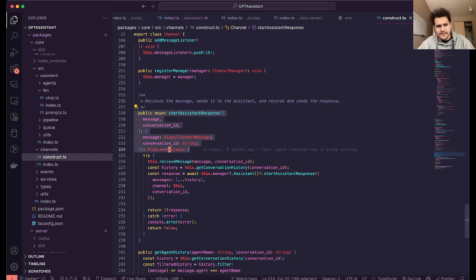So the start assistant response, and this might also be a reason why having the channel be an abstract class for other classes to implement might not work as well, because these methods all have a predefined implementation, and doing logic like that I don't think is possible in an abstract class. Anyway, so start assistant response. This takes a message and a conversation ID, and then it basically dispatches this receive message method given the message